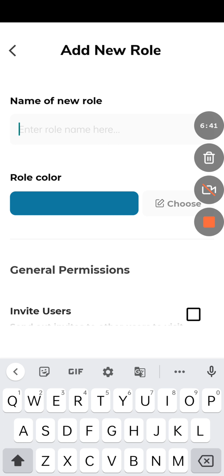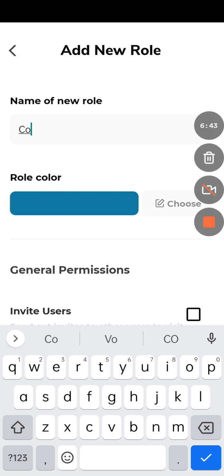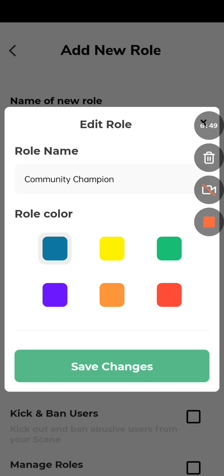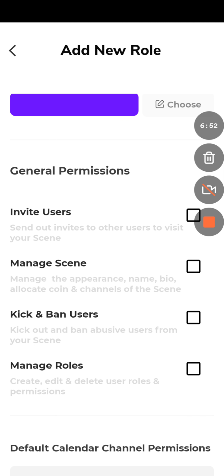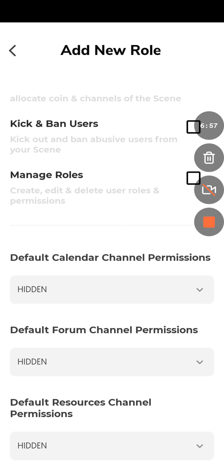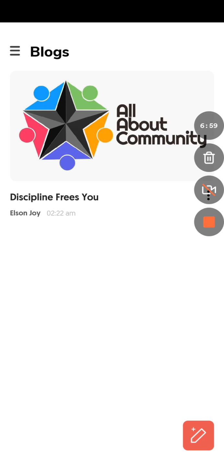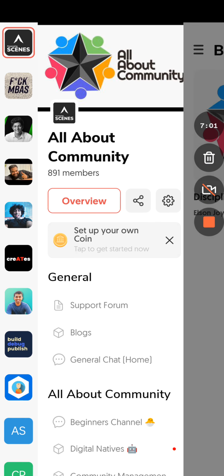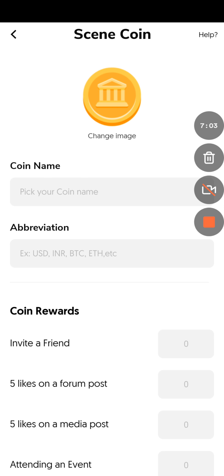So you can create a custom role called community champion, and now you can give them a special color, and now you can give them additional privileges, or you could restrict certain access permissions, etc. What's cool is that we have our own virtual currency within this community. So this is where you can set up your scene coin